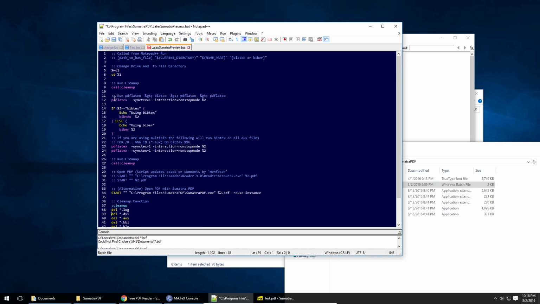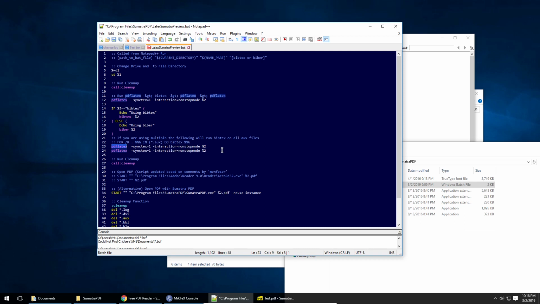And what this does is it calls the PDF LaTeX, so basically it calls the compiler, and then it calls the bibliography compiler, whichever one. I've had to switch between BibTeX and Biber before. Biber should probably be fine for the most part, and that just depends on whatever you send in here. And then it calls the compiler again,